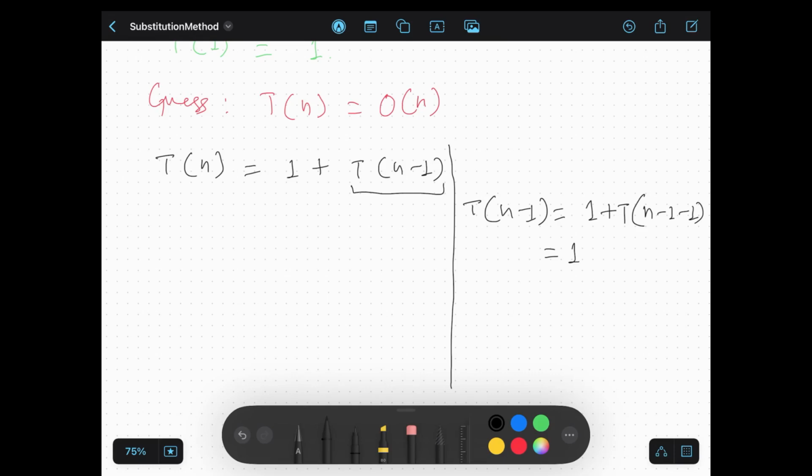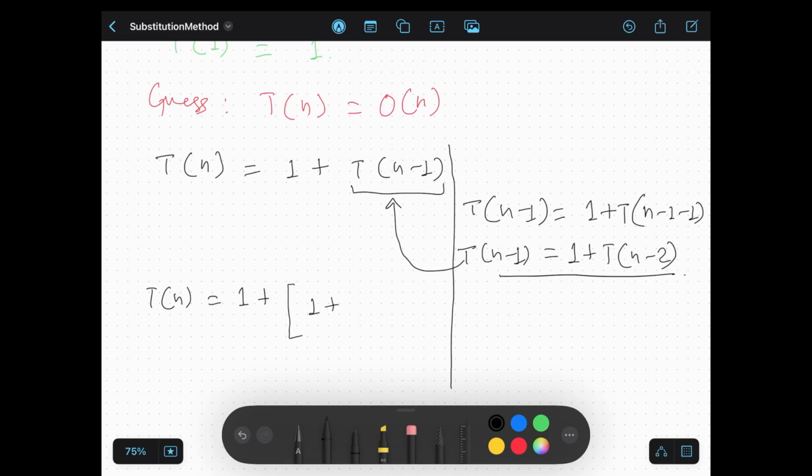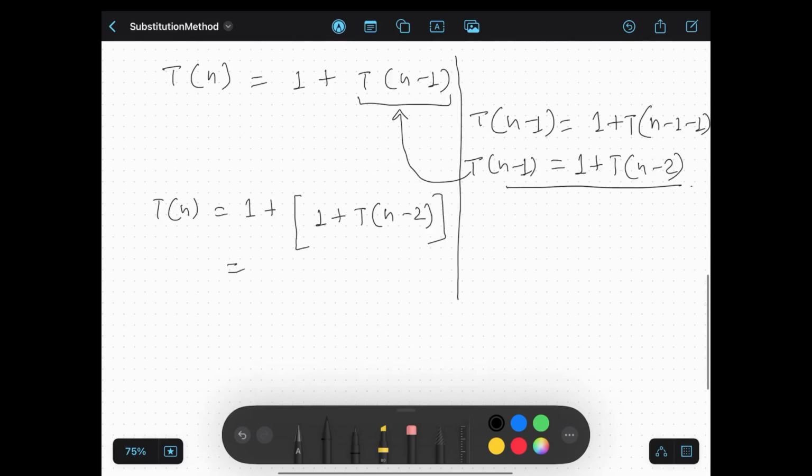So this is T(n minus 1), and we are going to substitute this T(n minus 1) here. So then our T(n) becomes